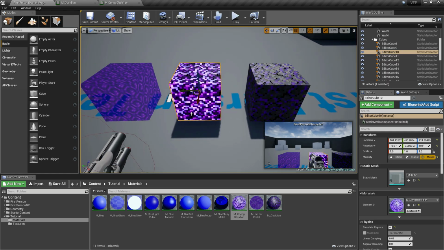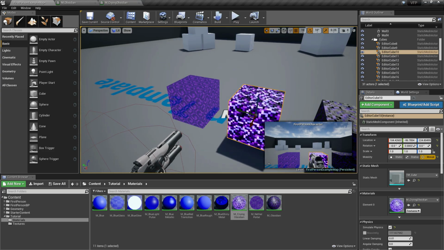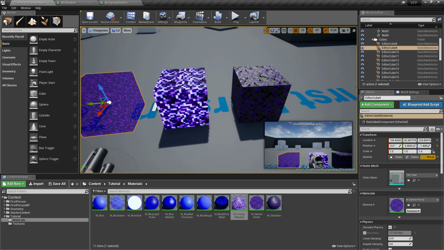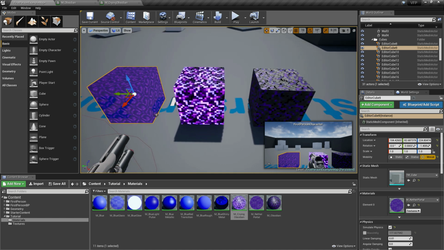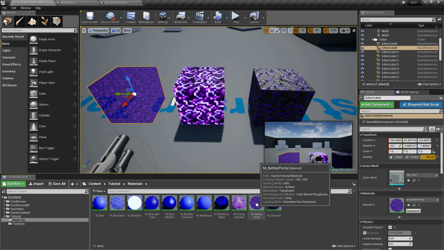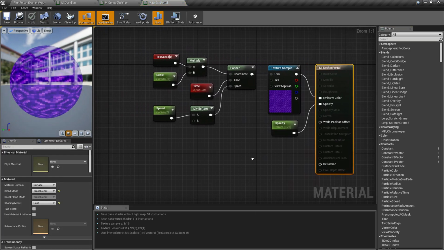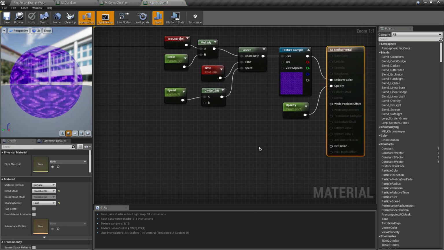So now that we have two materials using world space coordinate, the next one is the nether portal. So the nether portal is a little bit tricky because it's different from the crying Obsidian and the Obsidian that we created. As you can see, it is translucent. So let's open the nether portal material. And this is our nodes that we created on the nether portal.